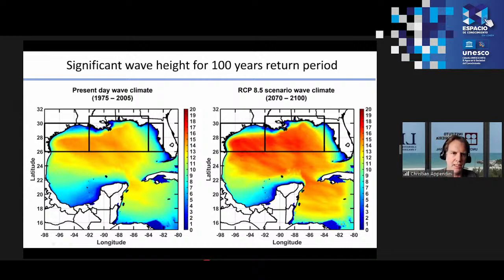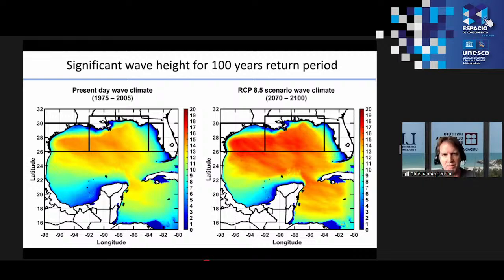I'm not going to show the validation or the calibration, but on the left is the present day wave climate based on tropical cyclones. So this is the extreme wave climate derived from tropical cyclones. And sorry, it's also the 100 years return period wave climate. And on the right, we have the RCP 8.5 scenario for the end of the century. And we see that there's a generalized increase in the significant wave height, which has profound implications in the design